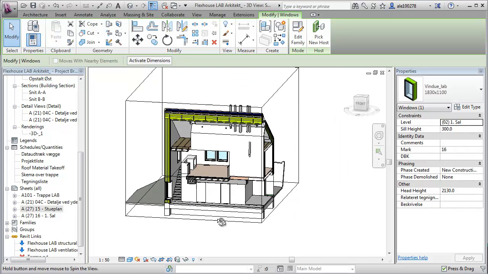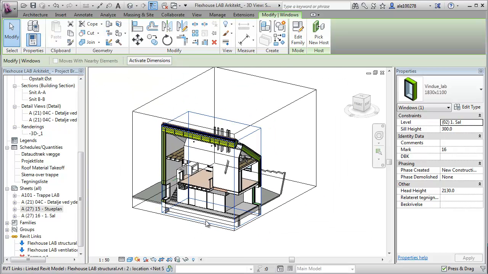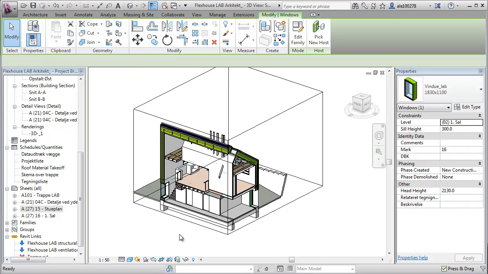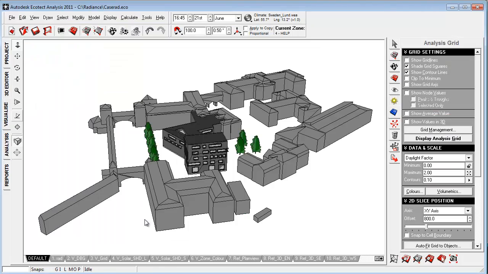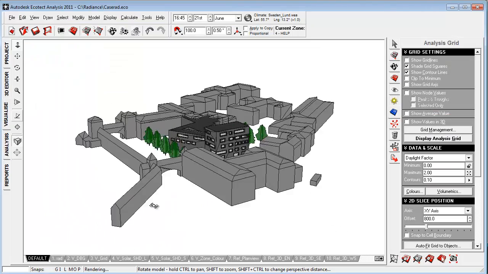So this is really the way that a really detailed model would look. And of course, this is where we're doing the final drafting. Keeping the relations between the 3D model and the detailing is really the key here, and then we can create some really validated models and quickly move into this phase the right way. Within this phase, we can still of course use really simple and conceptual tools like